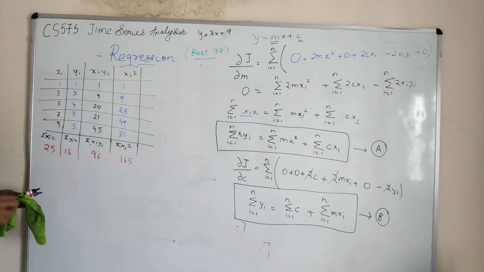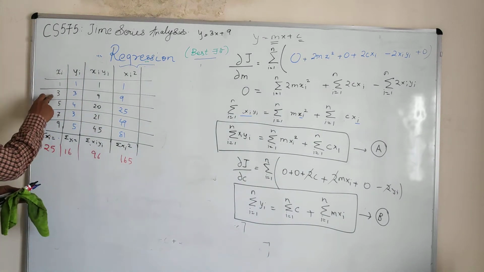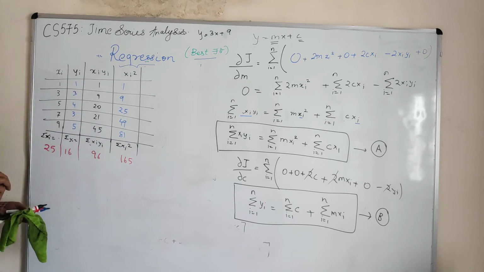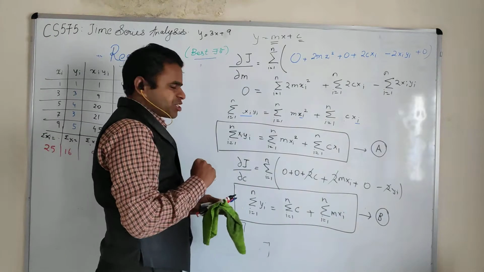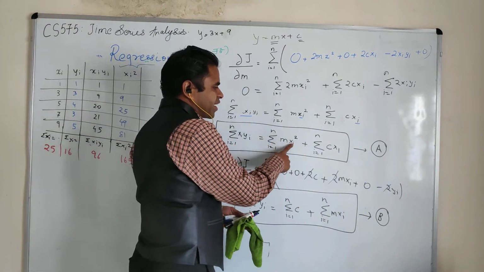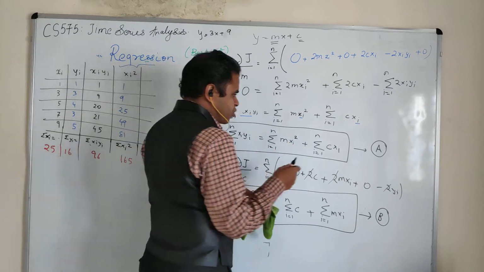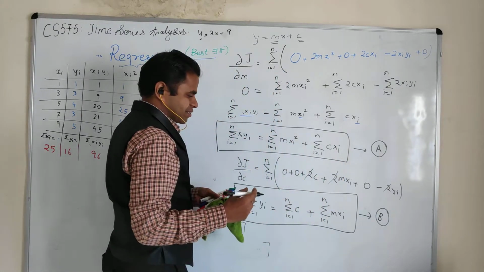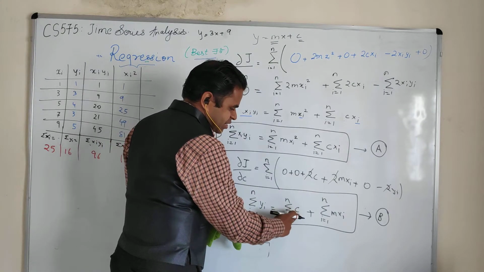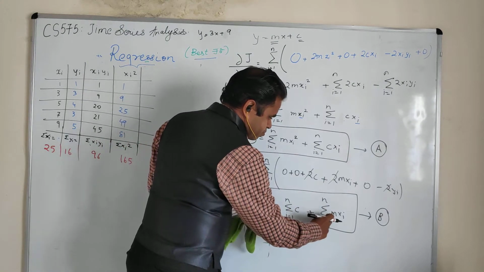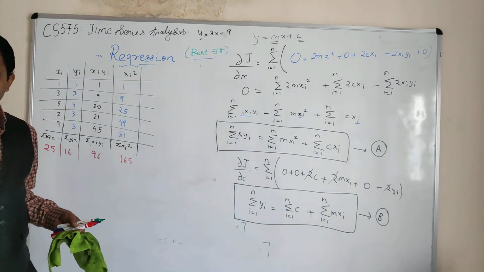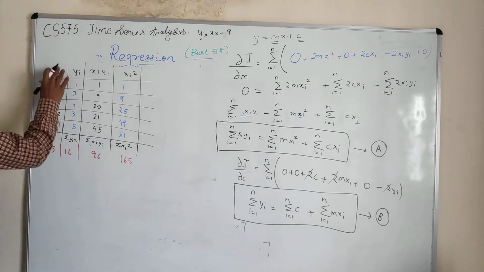So I have an example here. xi and yi are some values which are given. X goes 1, 3, 5, 7, 9. Y goes 1, 3, 4, 3, 5. If you see this particular expression, what do you require? You require xi into yi, you require xi square, and you require the sum of xi's. Similarly, you require the sum of yi's. This is a constant. And in this case, you again require the sum of xi. So for convenience, I have computed everything here.